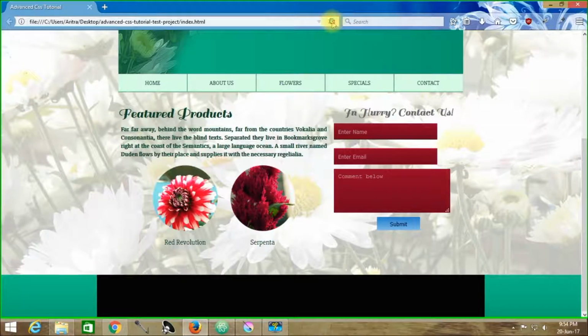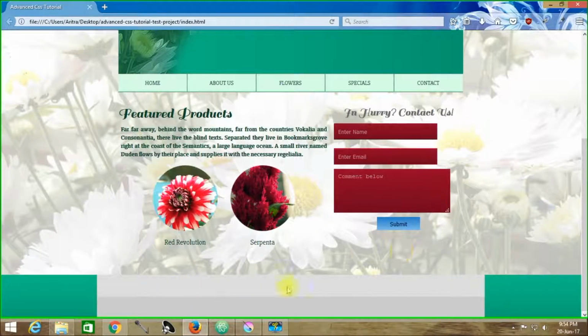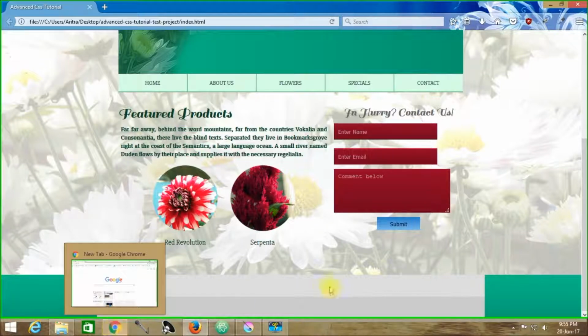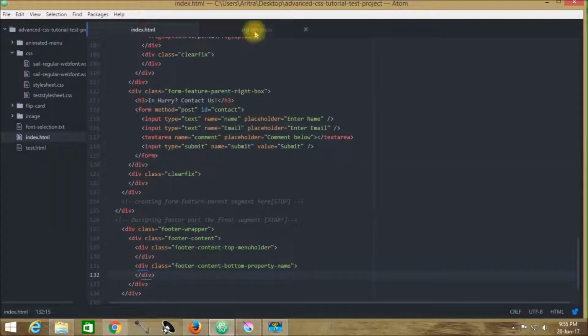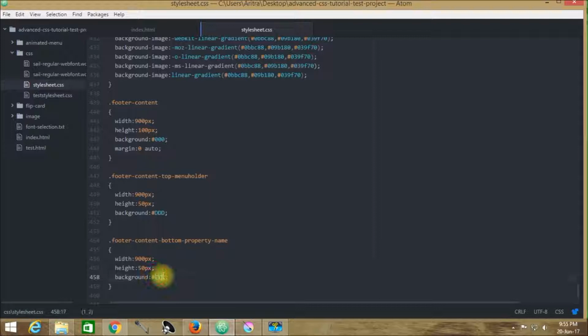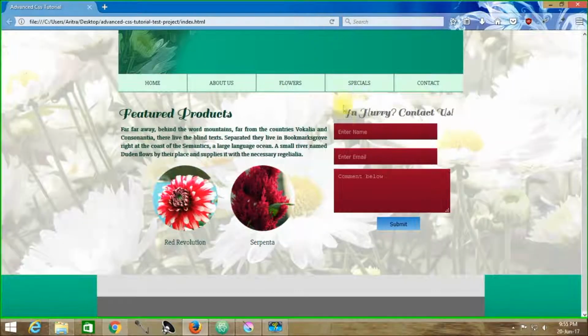Now let's get back to our project and reload, and we can see here it is. I think two distinct or separate background colors will positively highlight the context in this case. So let's get back to our stylesheet.css, and here instead of CCC we provide 666. Now let's get back to our project, reload, and we can see that this is the top menu part and this is the bottom menu part which has been represented over here.